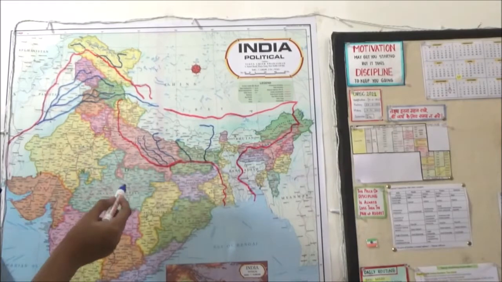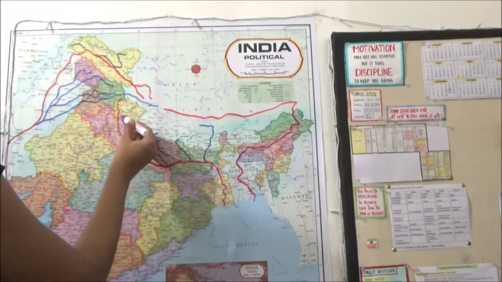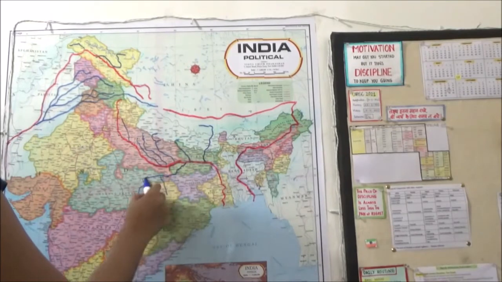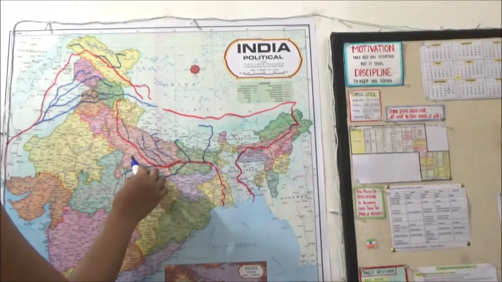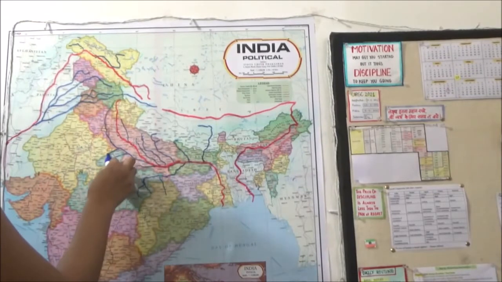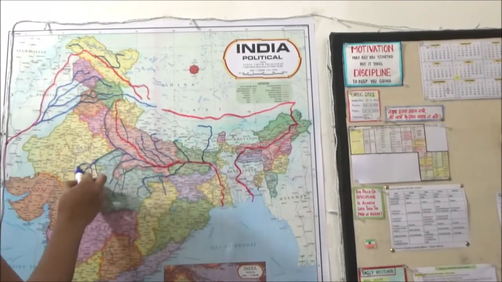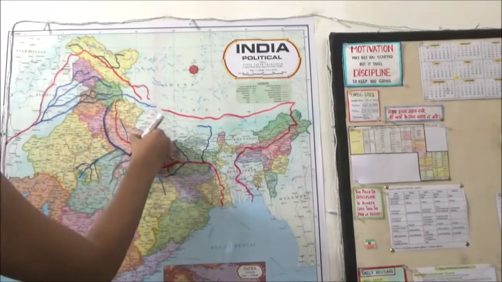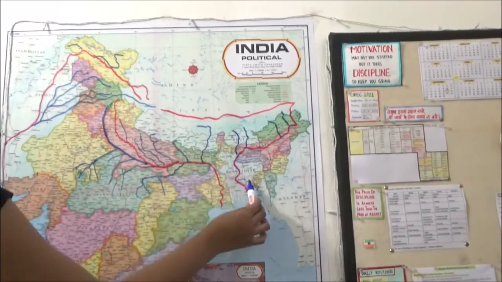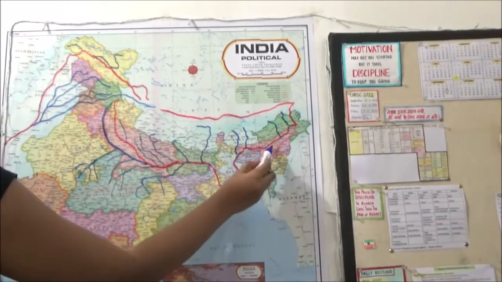Personally, I really enjoy this method, and I found this very useful because whenever I take a break or whenever I have some free time, I always practice on these maps and I try to locate the river systems and different things on it. So this really helps me to get an idea where the particular thing is located and in which of the states. So it's really helpful.